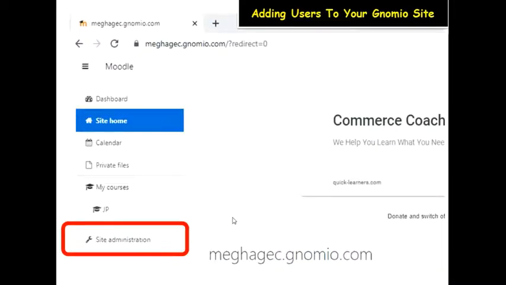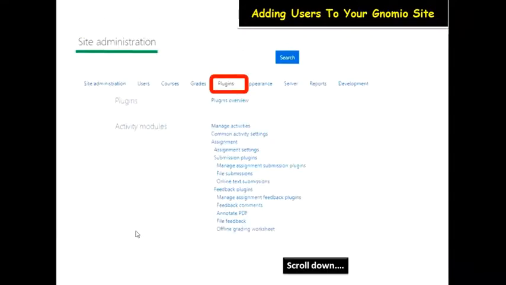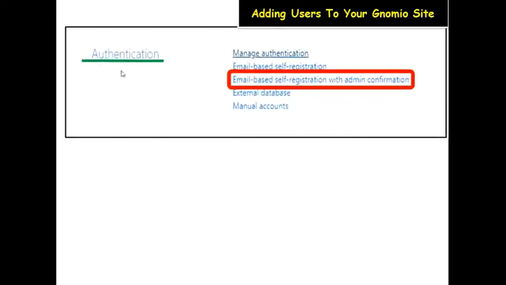What you do is click on home, site home, and then click on site administration. Once you do that, you click on plugins. After you click on plugins, scroll slowly down. The first thing you'll see is plugins, then activity modules. Scroll down till you see authentication. Once you hit on authentication, you will have to click this email self registration with admin configuration,